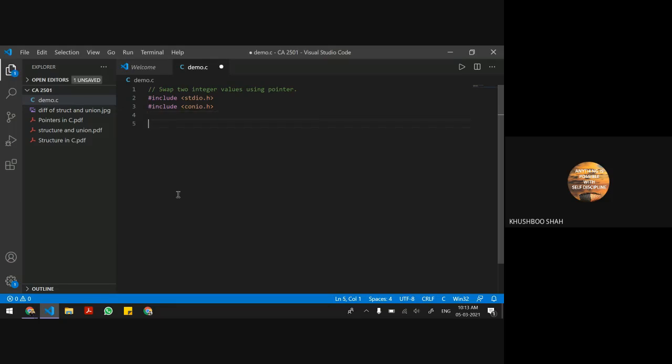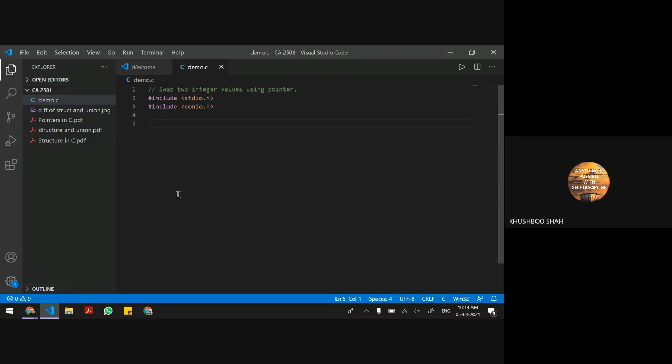If it is not mentioned whether you are using two variables or three variables, in that case you can use any of the logic. We have two methods, right? One, we swap the values using a temporary variable, and the second method is by plus and minus. So you can choose any of the methods. We'll use the temporary variable method here.